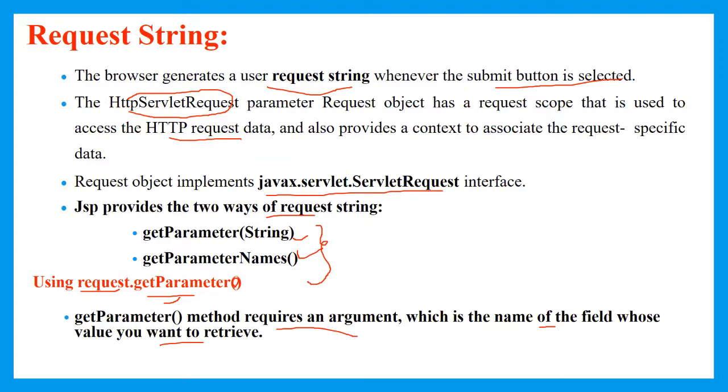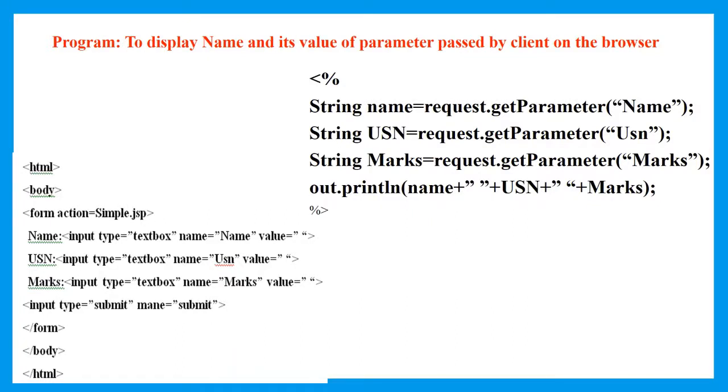This is a simple example to read name, USN, and marks submitted by the client with the help of the getParameter method. Here three input types have been created. One is the name, and its name is given as name. Second, we need to read a USN from the client, and its name is given as USN. And the third one is marks, and its name is given as marks. Now the client has to send the name, USN, and marks from HTML to the JSP. Now the JSP has to retrieve the input parameters, and they should be displayed on the browser by making use of the getParameter method.